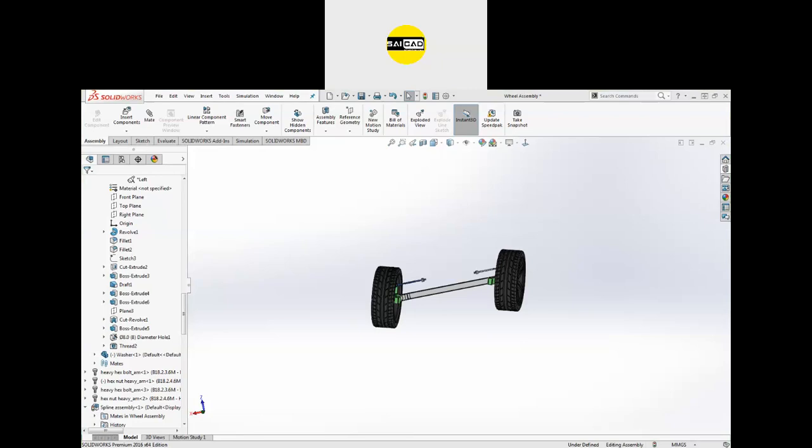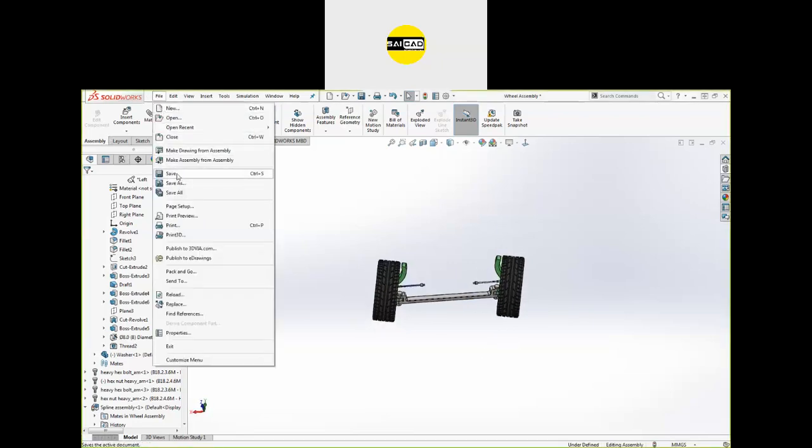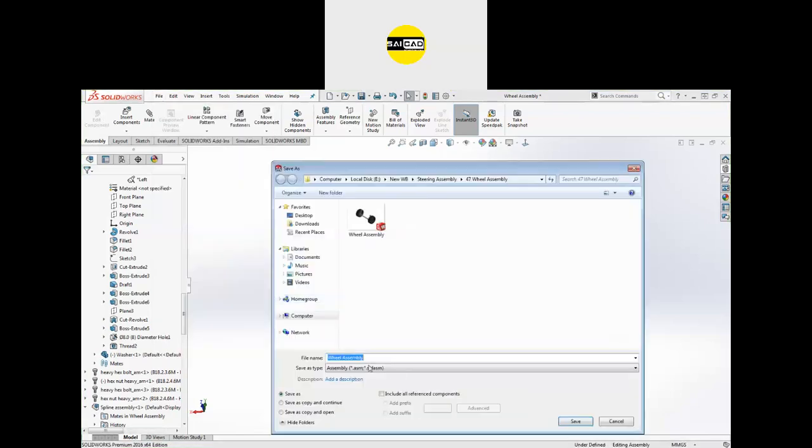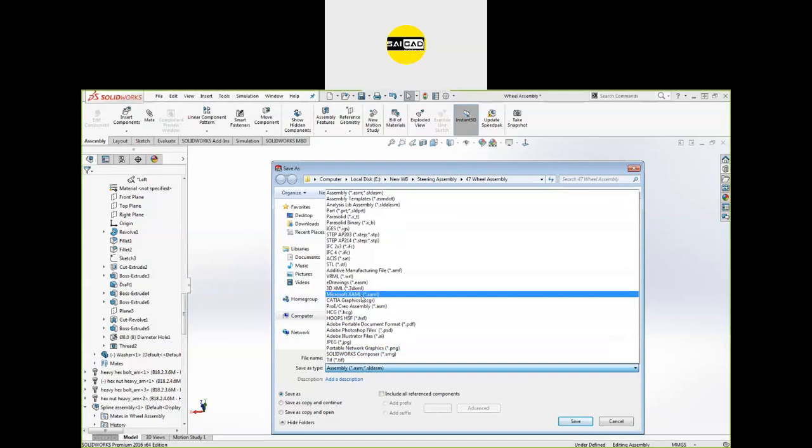No, you have to convert. You have to create the code. For the code, we have the software that comes with the 3D printer. The 3D printer you buy will have software with it, and you have to convert the code according to that 3D printer. Like if you want to save it to be printed, go to File, Save As, and save it as STL format.